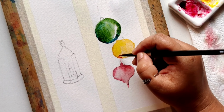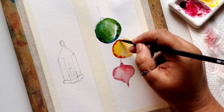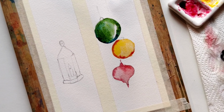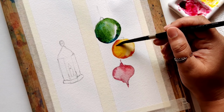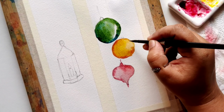Also keep some white spaces when you are painting. This white space gives you the impression of light shining on the ornament, and balancing between the light and the dark colors. In the yellow ornament, I'm going to be adding